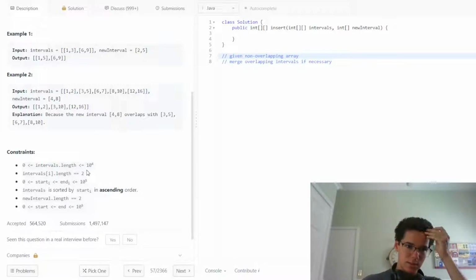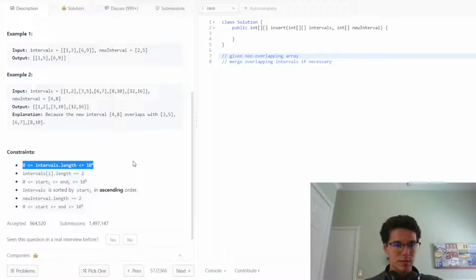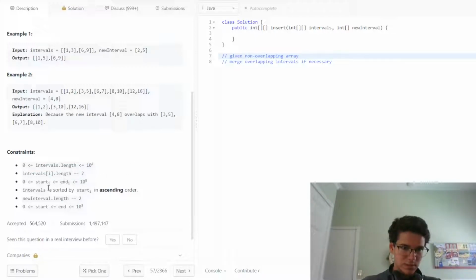So let's just look at our constraints really quick. So our overarching array could easily be of length 0. Each interval will always have a start and end, or will have a length of 2. Start could be the very first index, and end could be a very large one. Sorted in ascending order. New interval length is equal to 2. And this is pretty much the same thing as here, but I believe that refers to new interval. Okay, so